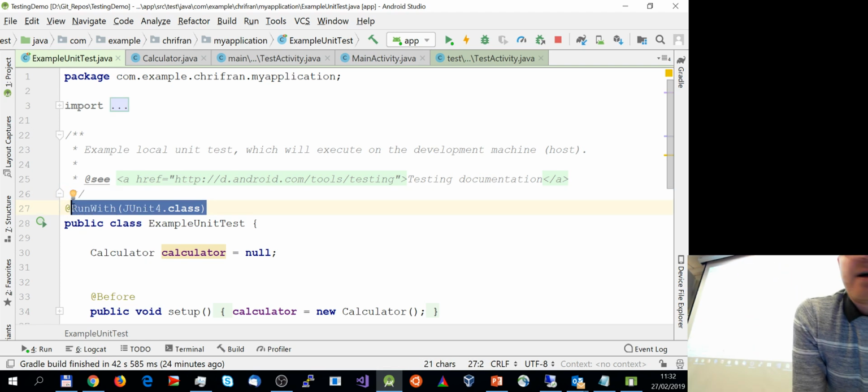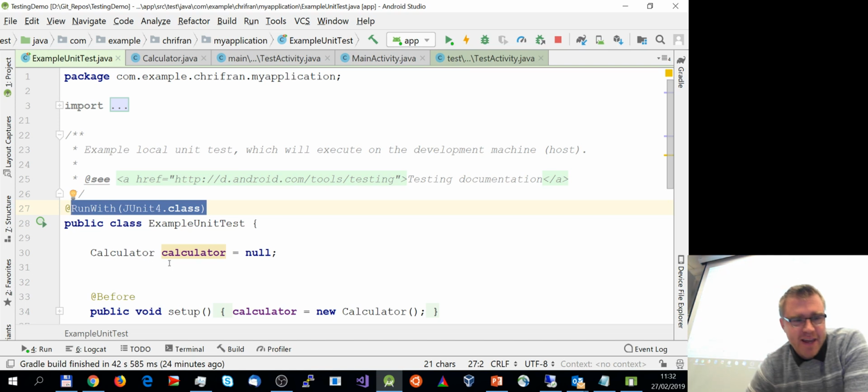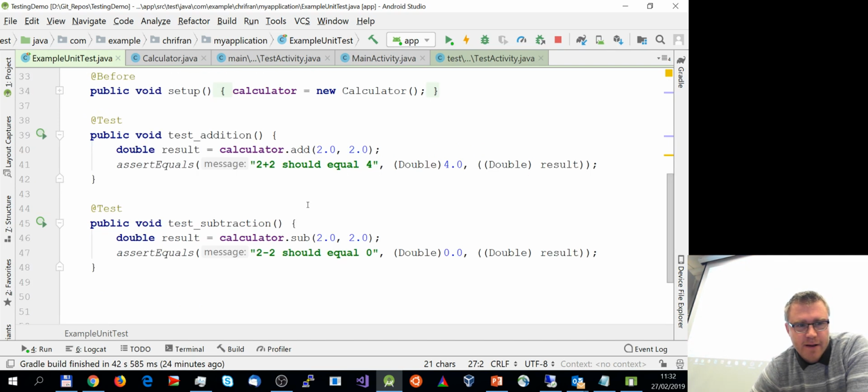So you basically run it with this particular runner, JUnit 4, because I know it's compatible with JUnit 4. If it's JUnit 5, well, it will be JUnit 5 or 3 or whatever, right? Because between different versions of JUnit, those annotations sometimes change to some extent, right? So, and as I mentioned before, the key idea is basically that you have a